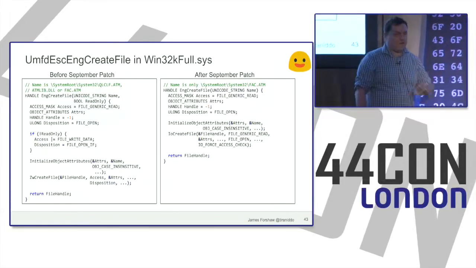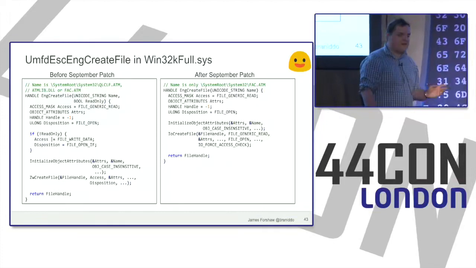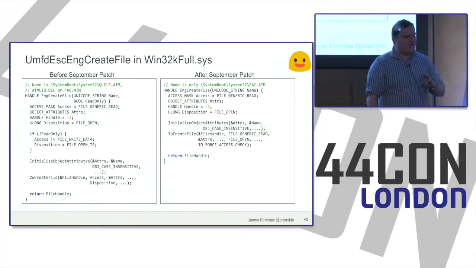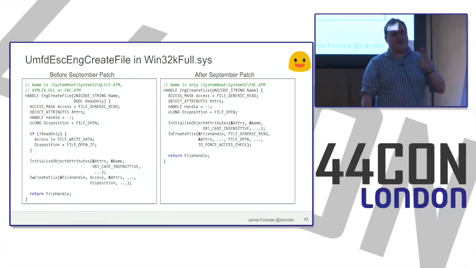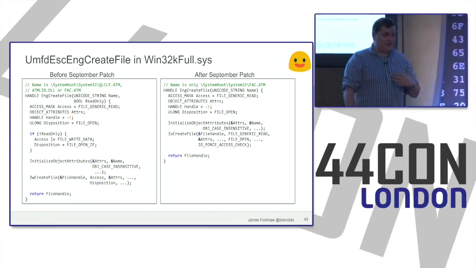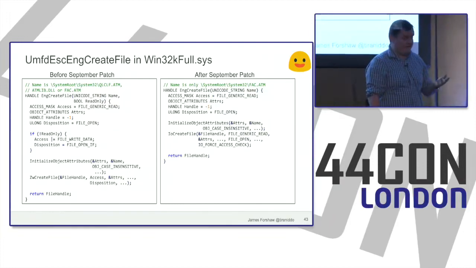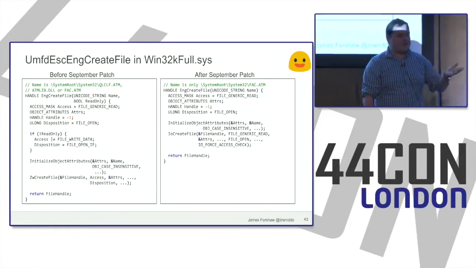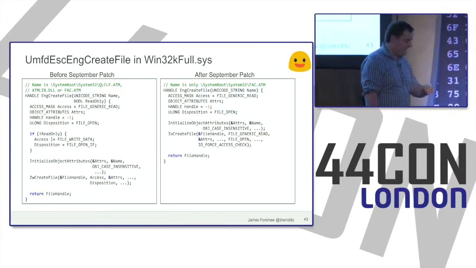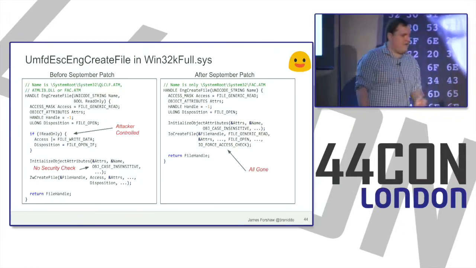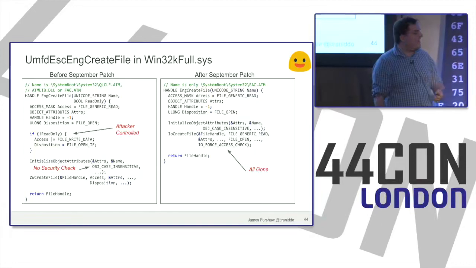After the September patch, that's all gone. And basically, it's now secure. You can only do the read. Quite why you even need this, if it's going to do an access check from an app container: if you can read it, then great. If you can't read it, well, why are you even calling into the kernel for it? It seems very strange. So there might be other interesting calls I've not actually found. But this one was obviously the most obvious vulnerability in there, and you could use that to escalate your privileges. So yeah, everything's attacker controlled, no security check, and it's all gone.